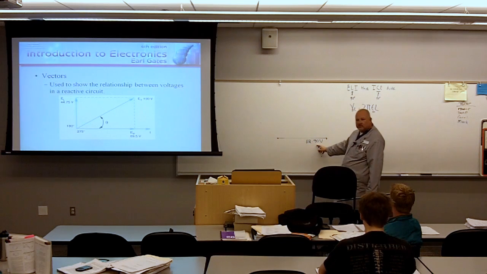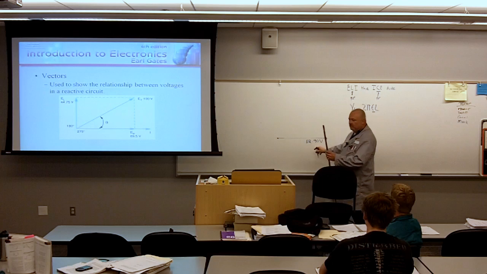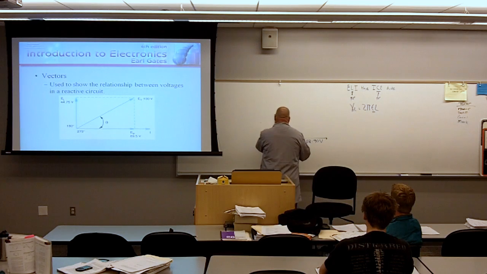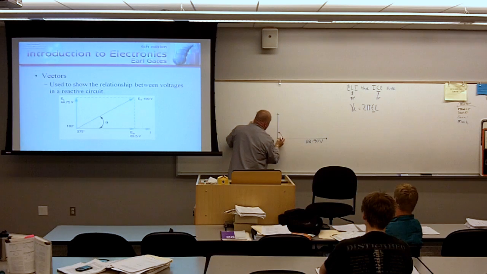ER was 24 inches to represent 90 volts. So EL is going to be how many inches to represent half of that? 12 inches. So I'm going to go ahead and draw this. 12 inches, at 90 degrees, exactly. This angle here has to be 90 degrees, because in our resistive portion of our vector here,